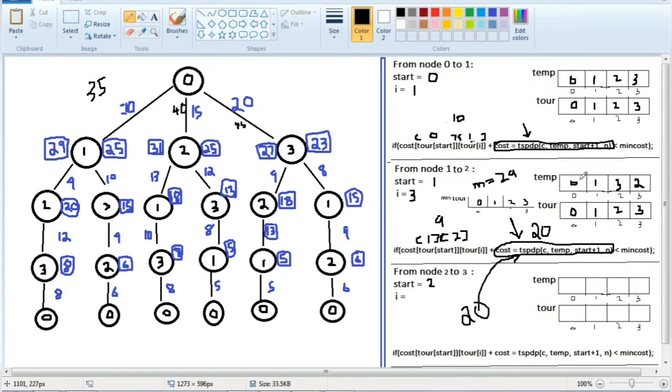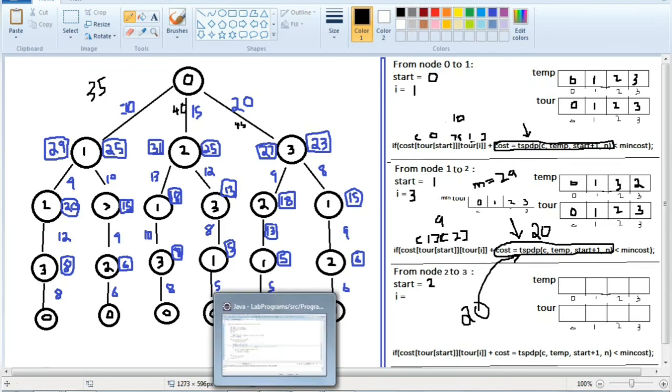Temp will store the sequence to be visited, right? Now what is the sequence we have? We are at this position 0 1 3 2 0. So that's the same sequence stored here, 0 1 3 2. That's why we made the change. Whenever we encounter a new node here, before that we'll make the change of the sequence. Before it was 1 2 3 0, now it is 1 3 2 0. That's why we made the change here.